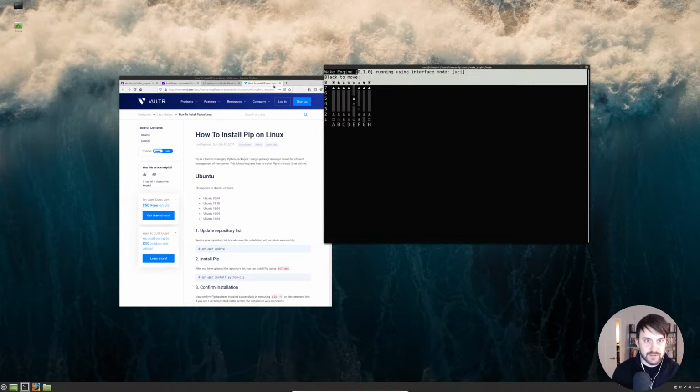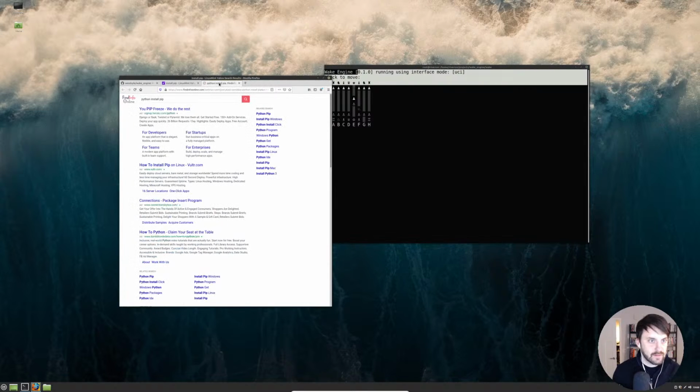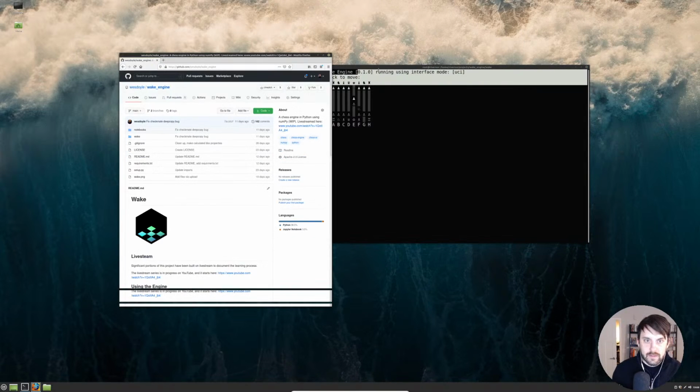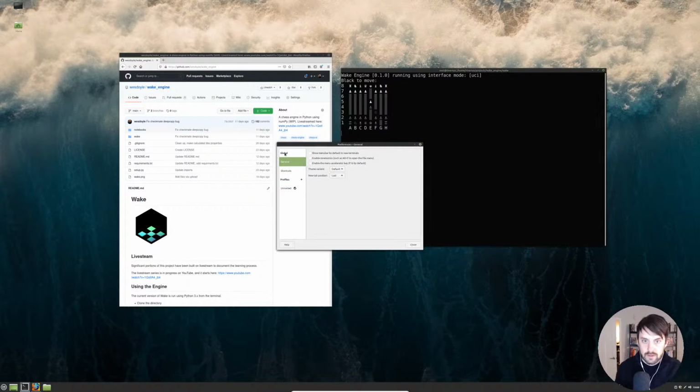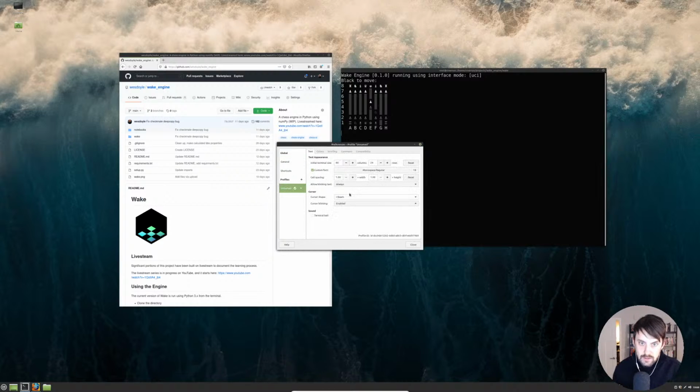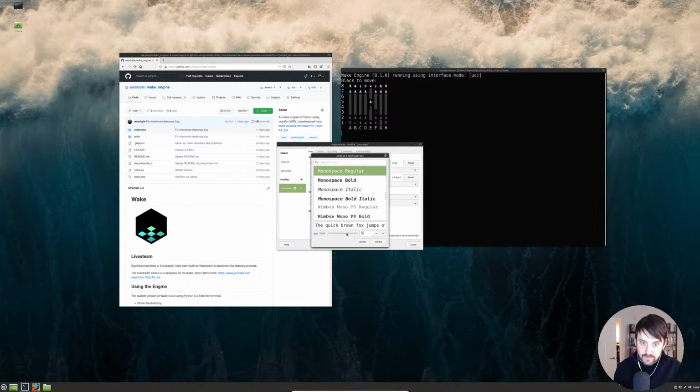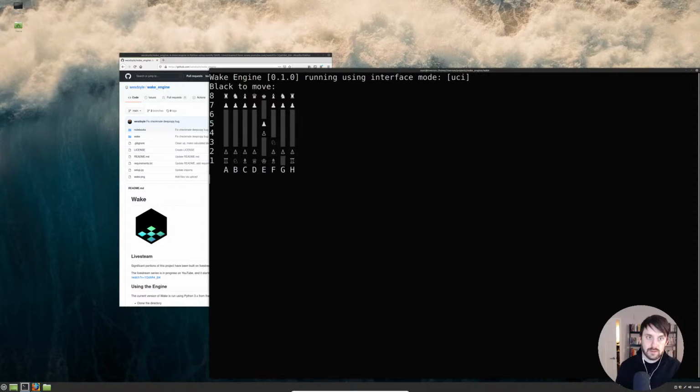A couple things I want to do is first just bump up the size of the terminal. Does anyone know how to actually do that in Mint? Mint terminal size. Preferences. Global. Probably in profiles. Alright, columns, custom font, monospace, regular. Yes, this is what we want, except we want size like 32 or something probably. Select. Close. Alright, much better.